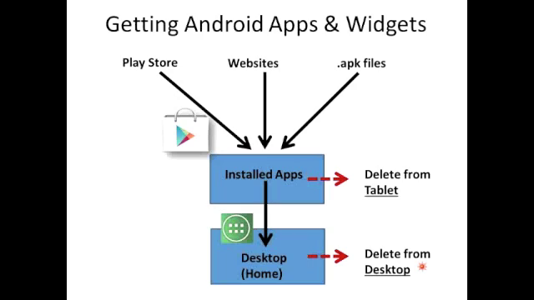Right, so to delete an app, the icon for an app from the desktop, when you take it to the little trash can, it only deletes it from the desktop. Right, if we go to the installed apps area, and we get to the installed apps area by clicking that symbol on the desktop, that takes us to the installed apps. Think of this as like the start menu on a computer. And in this case, if you hold down the app, then a trash can appears